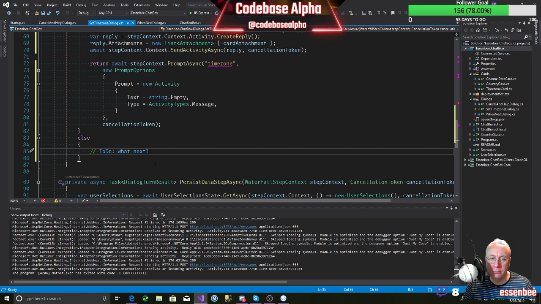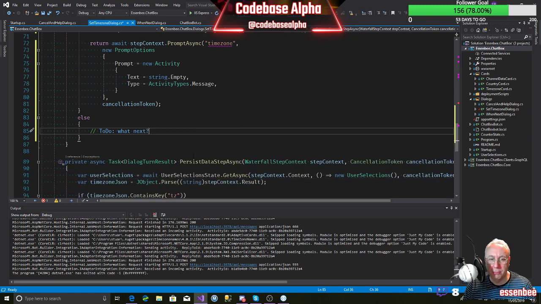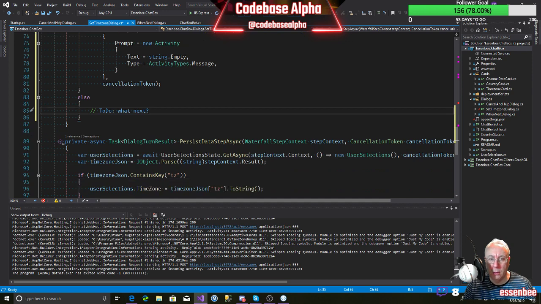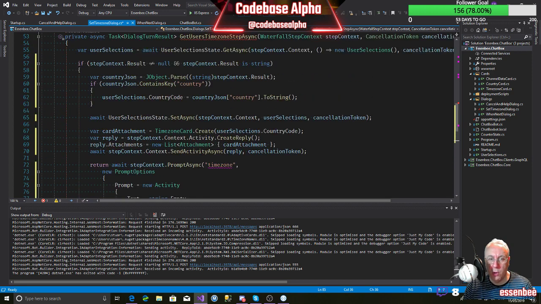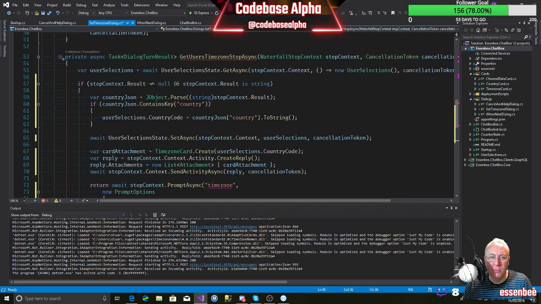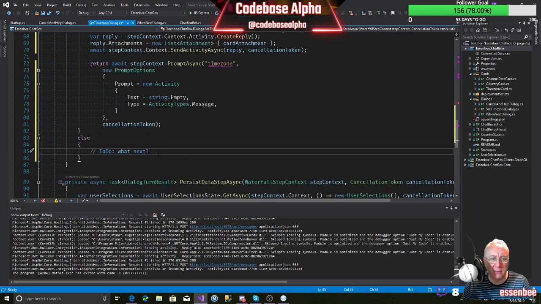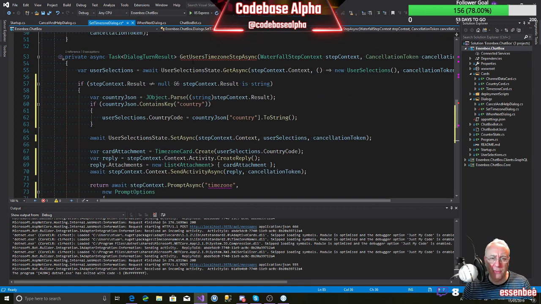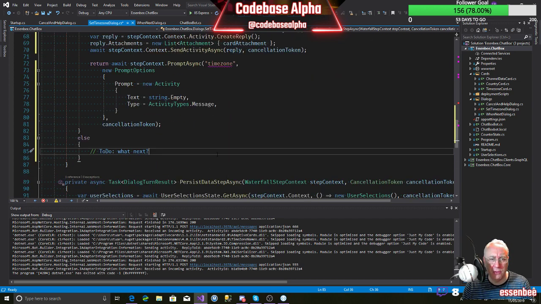So what we could do is actually default the time zone, which is what I think we will do. Well, we could actually do more than that, but if we haven't got a time zone for some reason, because there's something wrong here, we're going to default the time zone.